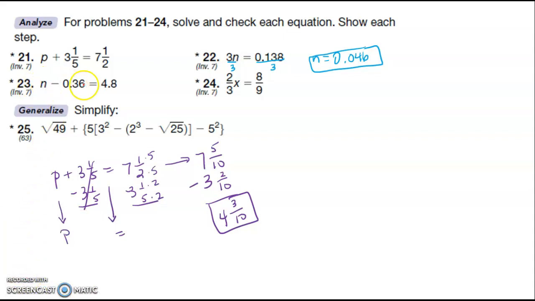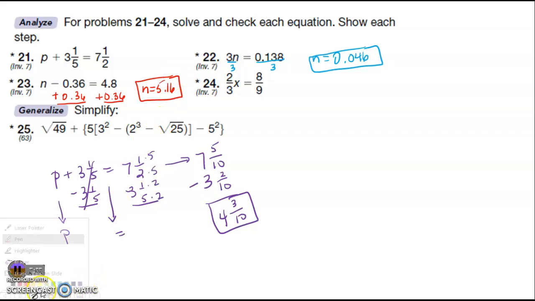Here I have n minus this equals that, so I'm going to add because we want to do the opposite. So I'm going to add 0.36. So n is equal to 4.8 plus 0.36. So 4.8 plus 0.36, and I get 5.16. And then the last one I have here,